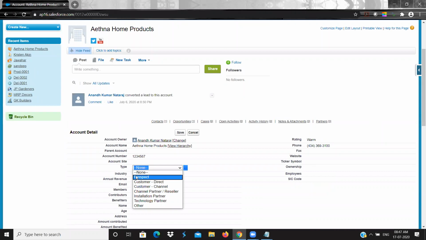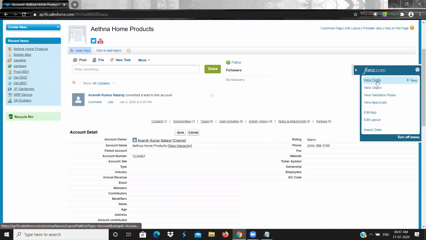For example, it has 5 values. If it is prospect, it should show something. If it is customer direct, it should show something. If it is customer channel, it should show something like that.